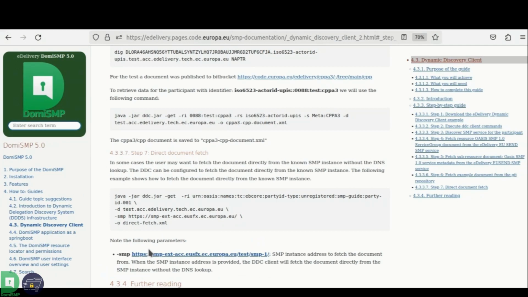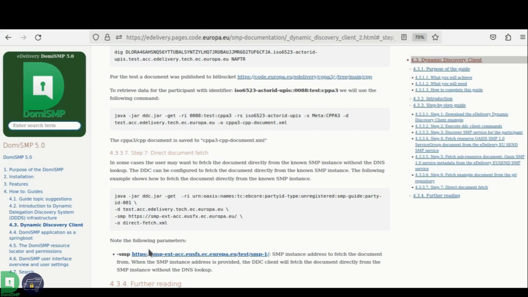In all our examples where we fetch the document in this video presentation, our dynamic discovery client always executed two steps. The first step was to locate the SMP URL address, and the second step was to fetch the document from the SMP instance. But sometimes, for example in small networks where they have just one SMP, or for development and testing, where we would like to skip the DNS lookup and all the complexity of setting up the DNS for the test environment, we can download the document directly from the SMP using our dynamic discovery client.